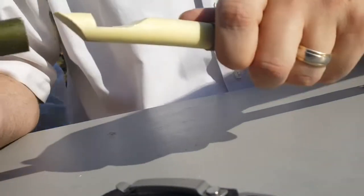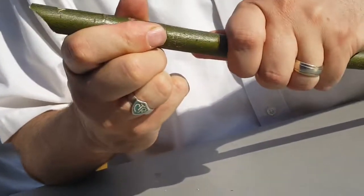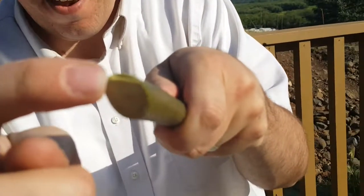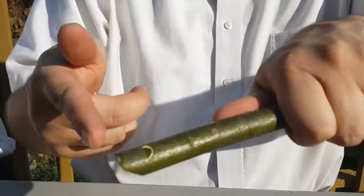My grandpa would always lick them. Yuck! Okay, you see? Nice. Small hole there to blow in, and then we've got our groove that lines up straight with where we cut in,